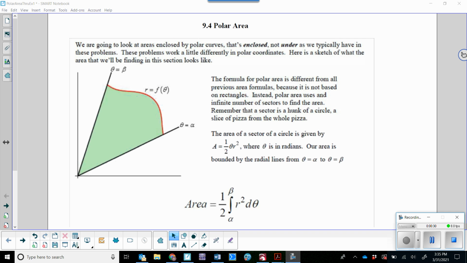When we do a regular Cartesian coordinate system, we look at the area under the curve. But with polar coordinates, remember, when you graph a polar coordinate, you're graphing it by the radius, the distance it is from the pole, which is the origin, and then on what ray. So if it was theta equals alpha, we're saying, on, say, pi over 2 or whatever, we want to know what